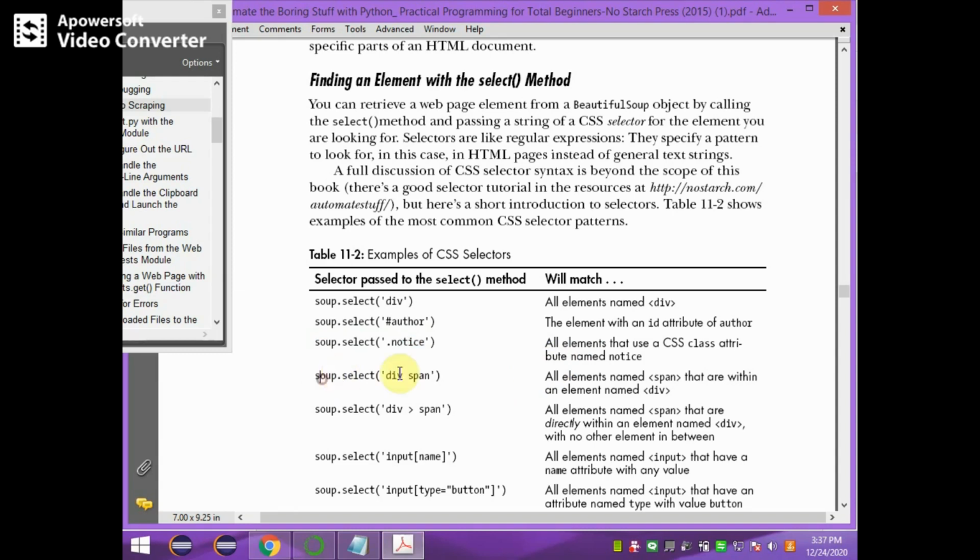Then soup.select('div span') gives all elements named span that are within an element div. Soup.select('div > span') gives all elements named span that are directly within an element div.